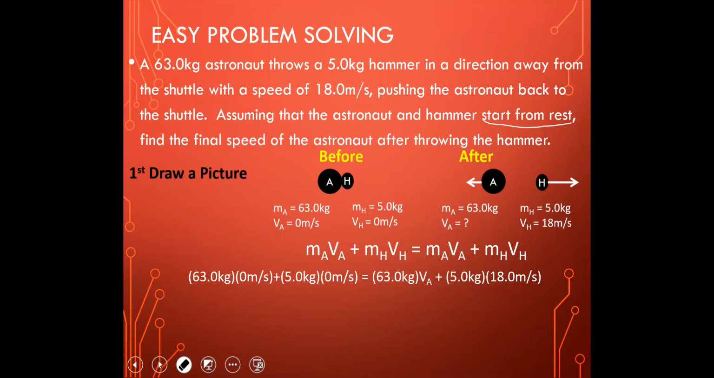So then 63 times 0 plus 5 times 0, as we said, equals 63 times the velocity of the astronaut plus 5 times the velocity of the hammer. Then, after solving the math, we will find that